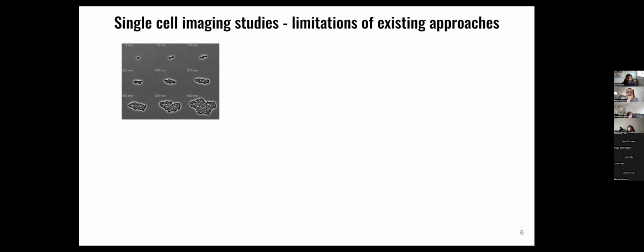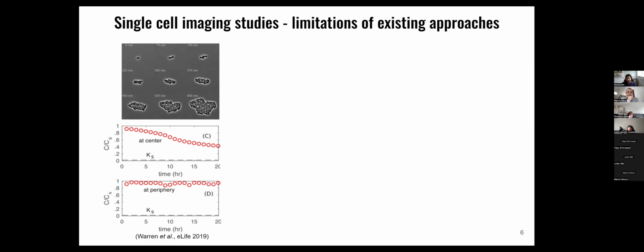However, when we look at cell growth within this microcolony, we find that food availability changes really rapidly at the center, while it does not change at the periphery. And depending on the morphology of the colony, you have a really non-uniform distribution of nutrients available to individual cells. So unless that is tightly controlled, it becomes very difficult to disentangle the factors that come from environmental heterogeneity and those that come from intrinsic heterogeneity of the bacteria.